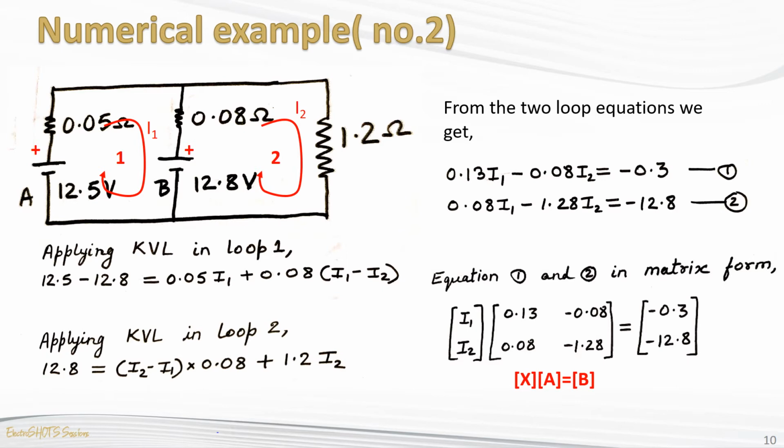Once you get these things correct, your equations are correct, and when you reduce them, they look something like equation 1 and equation 2. These are two simultaneous equations with two unknowns, that is I1 and I2. So it is purely a mathematical problem now to deal with. We rearrange these equations in matrix form. So we have the matrix equation in the form of A x = B, where A is the coefficient matrix, and x is the unknown matrix which needs to be found out.